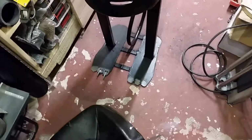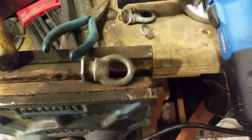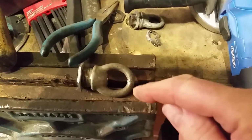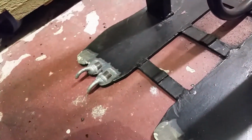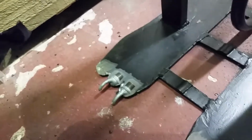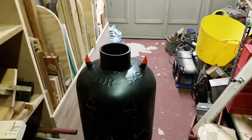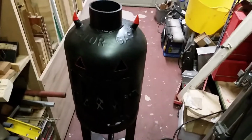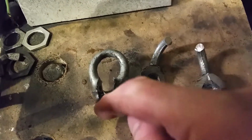Last modification, I've decided to put claws on the feet. So I picked up some of these, which are actually hangers for industrial lights, and cut them across there, then cut them across there, and then weld them onto the feet with a little point on, so they look like claws. That's the last modification. Oh, apart from I'm just putting the tips of the horns red. Cut the middle out here and just